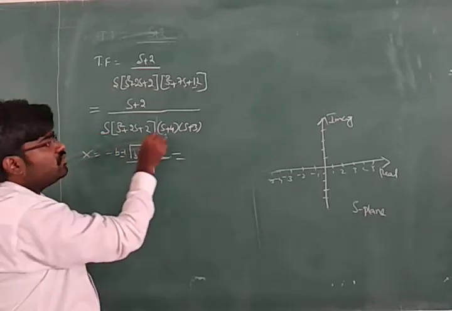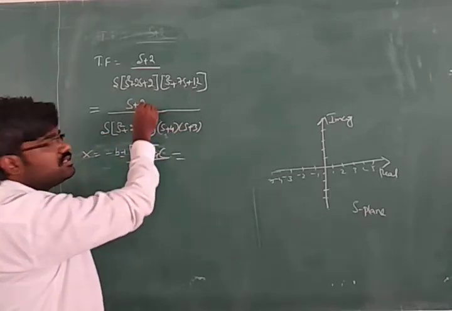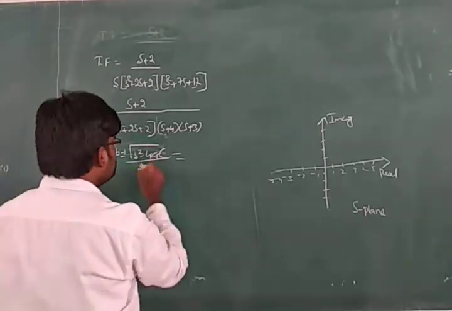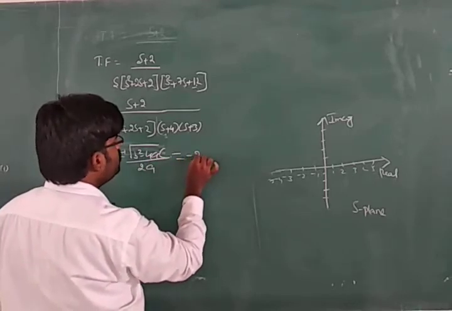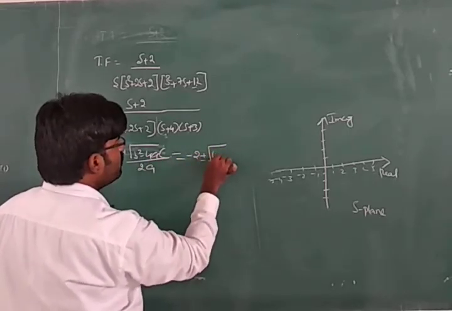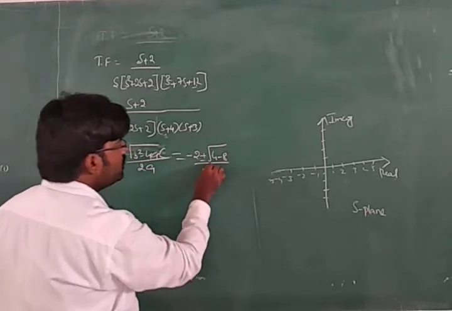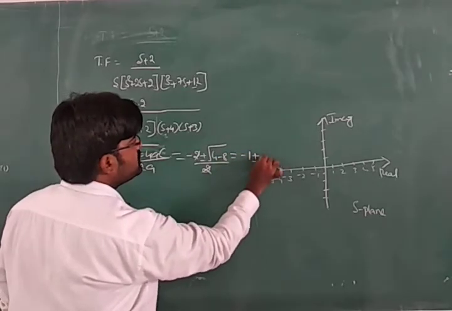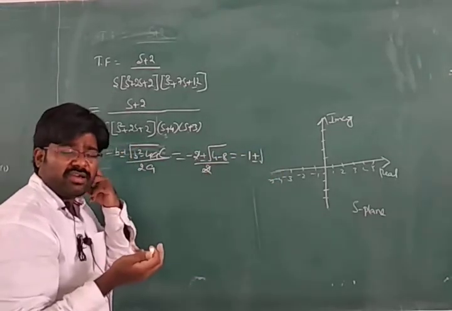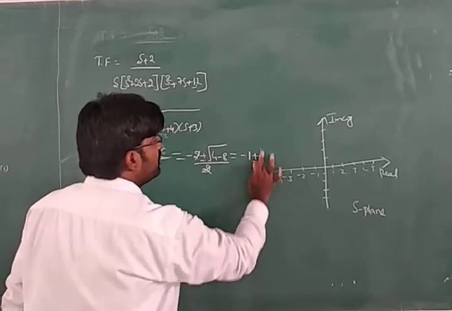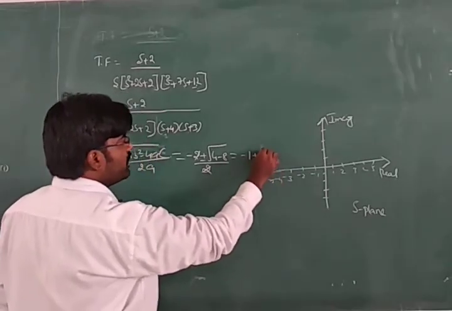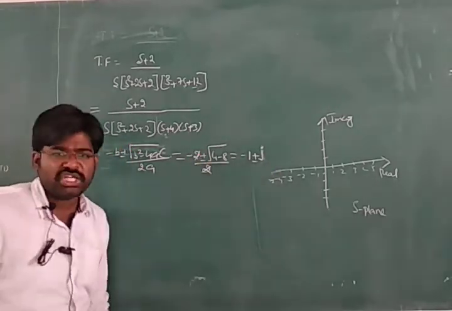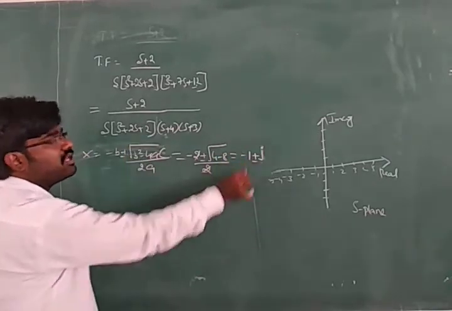So using this formula find the roots. Root of this is 0, root of this is minus 4, root of this is minus 3, root of this is minus 2. But how to find the root of this equation? Using this only. So that is why we are using this formula. Minus b is minus 2 plus or minus, this is 4 minus 8, divided by 2. 2 gets cancelled. What remains? Minus 1 plus or minus. If you are having a minus value inside the root, that defines an imaginary value. So the roots of this equation are minus 1 plus or minus j.